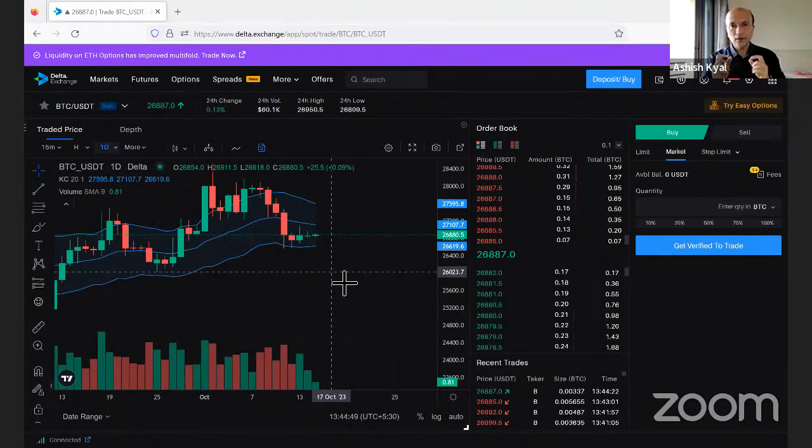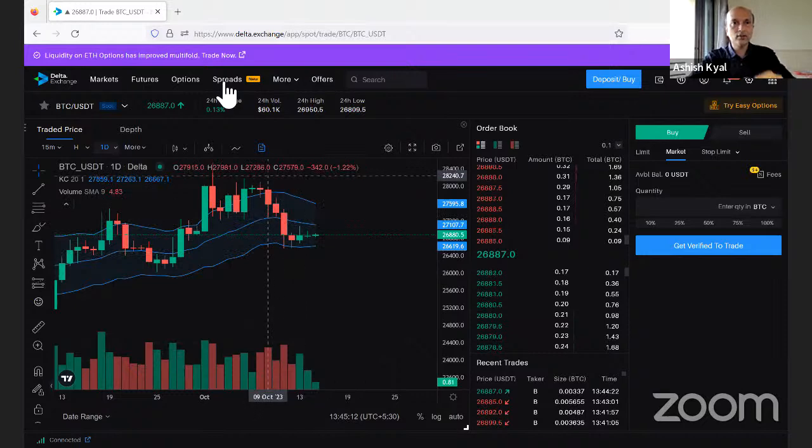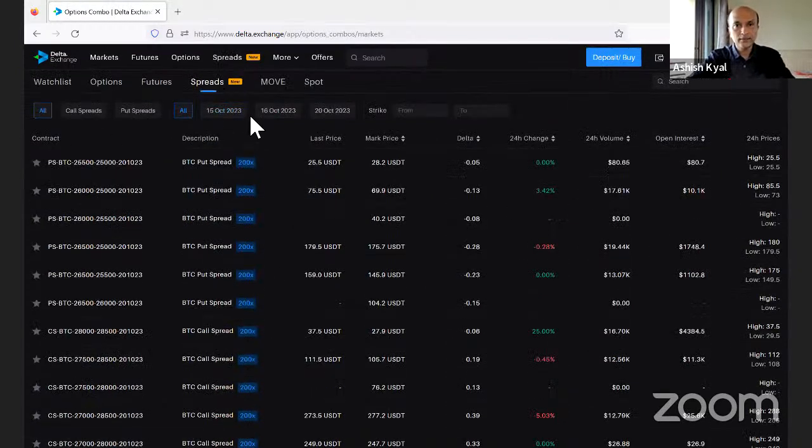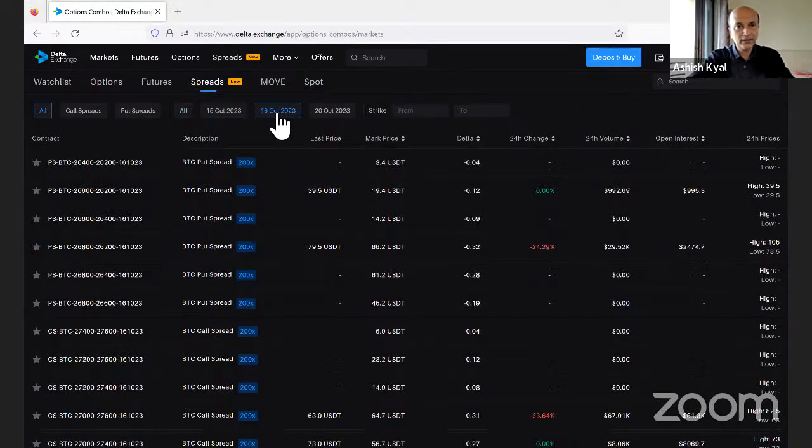Now, what we can also do is we can go on the spread of the options. There are, as I said, spread options also. So we can go on the spread and create a position just for a day or two if we can get below this expiry of say 26,500 का थोड़ा hedge करके, or maybe above this level 27,100. So let's just go and spread, and we can just try and see the say 16th October ka expiry.